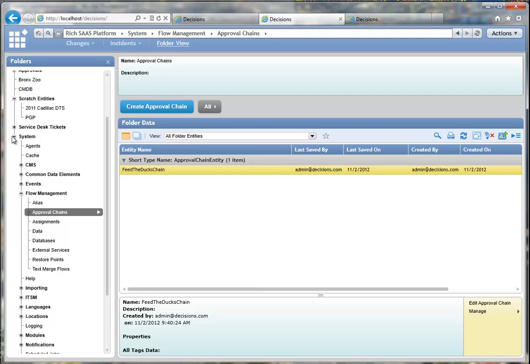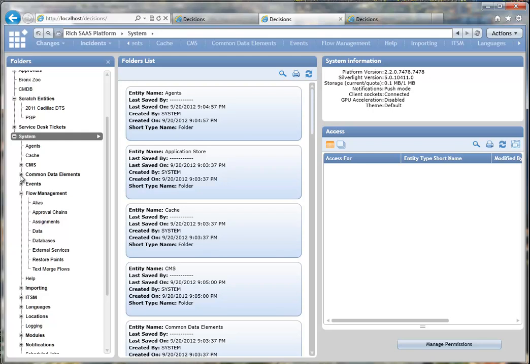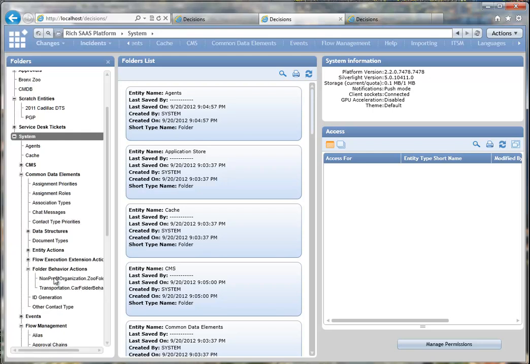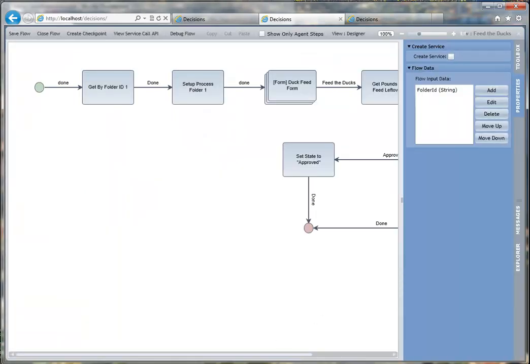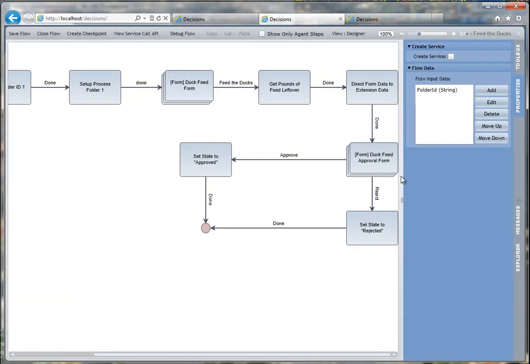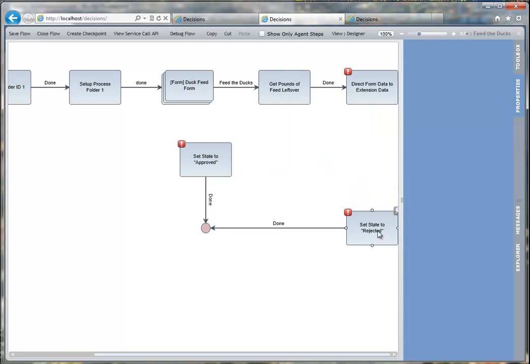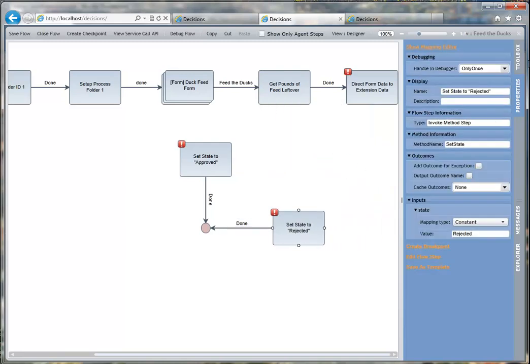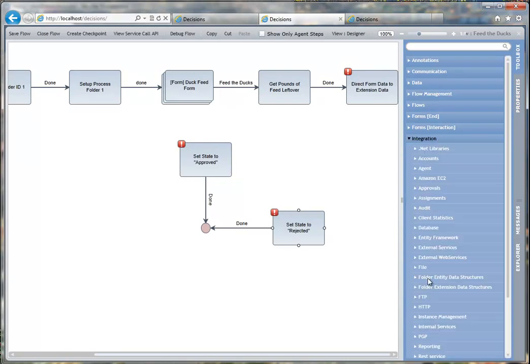So there's my duck chain. And to put this into effect, I'm going to temporarily remove the approval form that we designed, just because we'll get into more fine-grained customization of the main approval flow in a later lesson. But to replace this, what we're going to do is delete that component, which is our form and our assignment, and we are going to load the approval chain and then use the approval chain in the